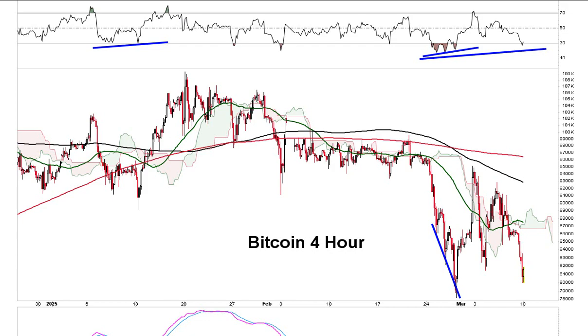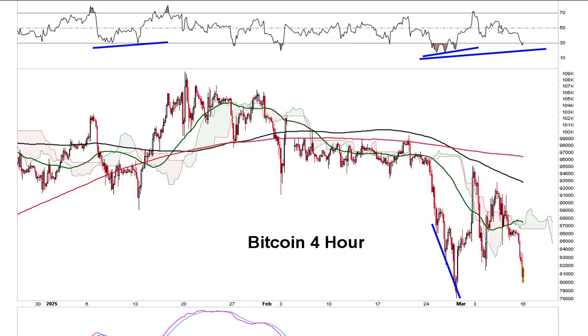Let's talk about the divergences in the 4-hour time frame real fast. We had the bullish divergence set up here, and in the 4-hour time frame the big rebound back up to the 200 period. And then we've come back down. We tested that low. We got a higher low, and that was at the 200 period in the daily. And we got a higher low here.